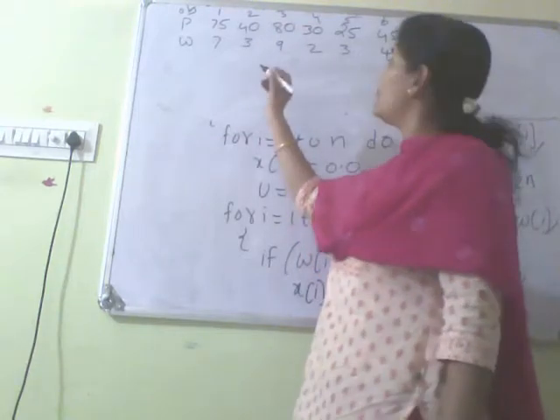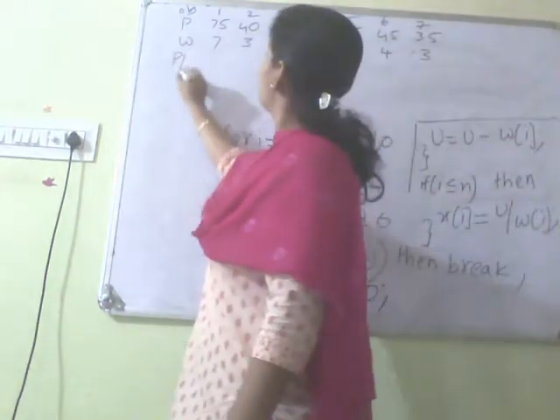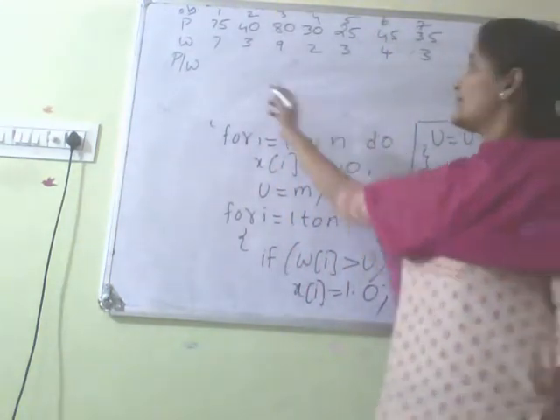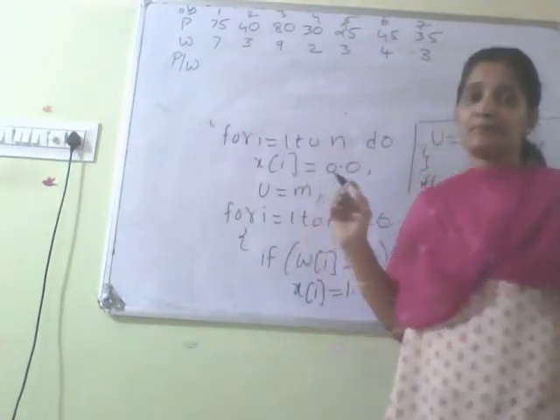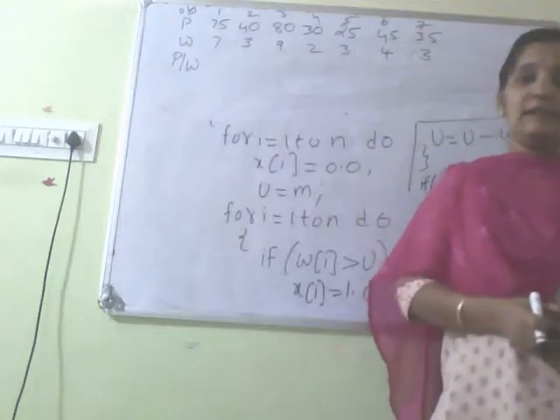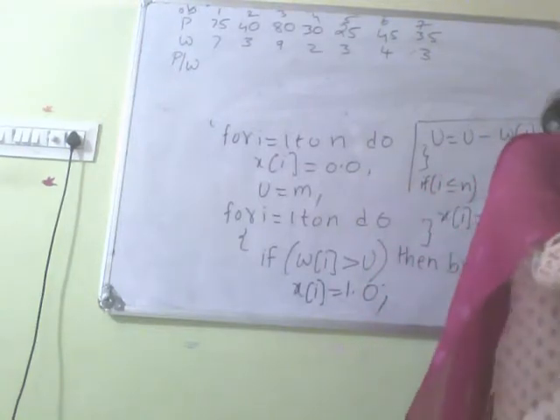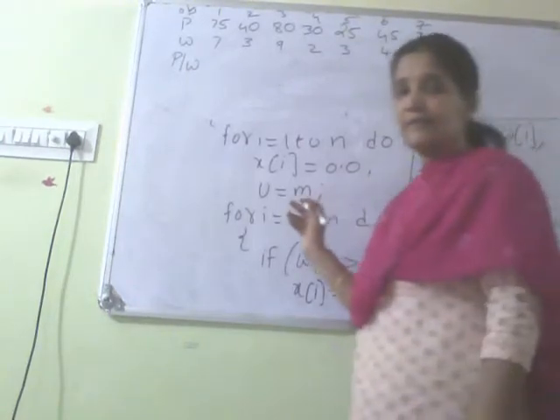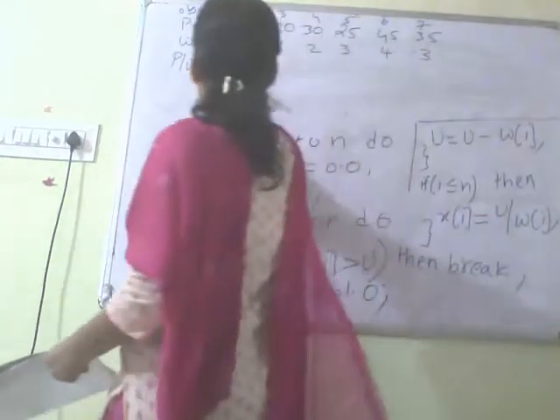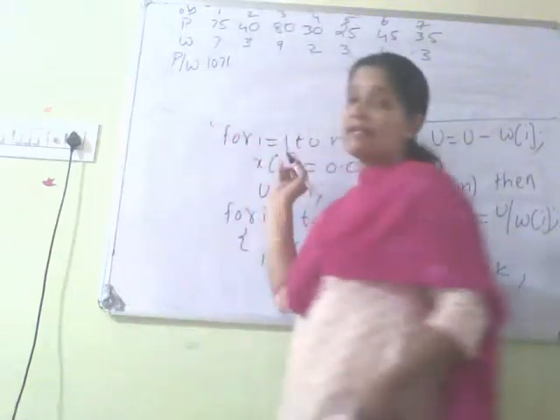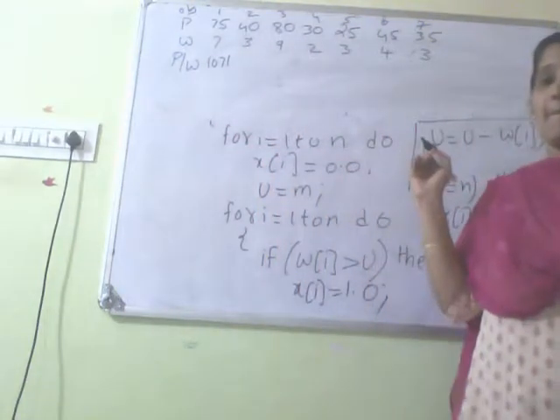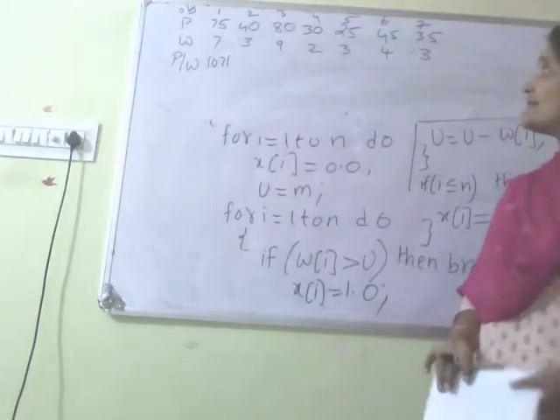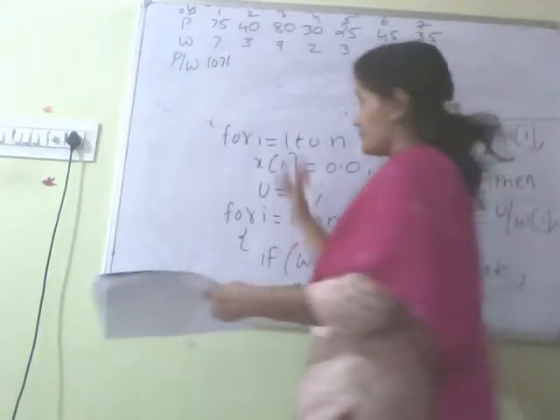Now the first step we have to calculate is P by W. So calculate P by W. So 75 by 7 is 10.71. See, I have already calculated. If the answer is wrong, you just give me the answer. Next is